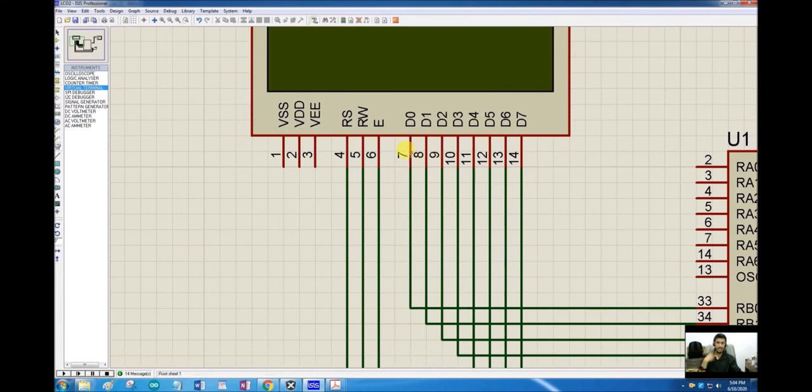So if we put some value on these pins and we enable the command register, this data will be transferred to the command register, and that command will be executed for the configuration of this LCD. And if we put some information on these 8 pins and select the data register, that information will be considered as data, and that data will be displayed on this LCD.